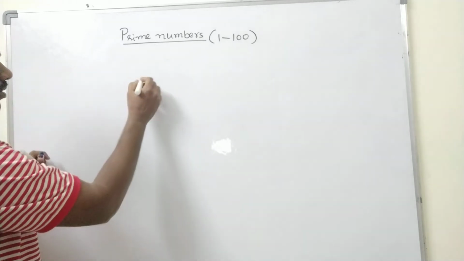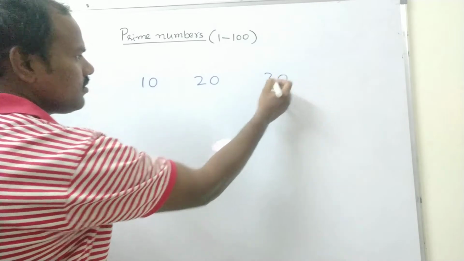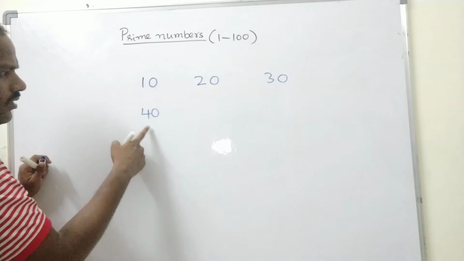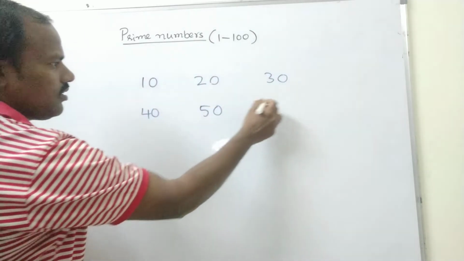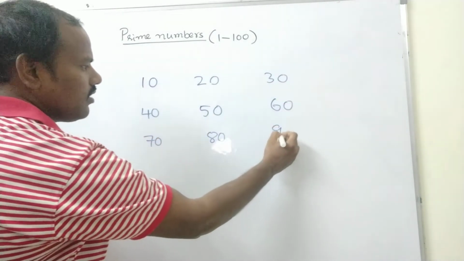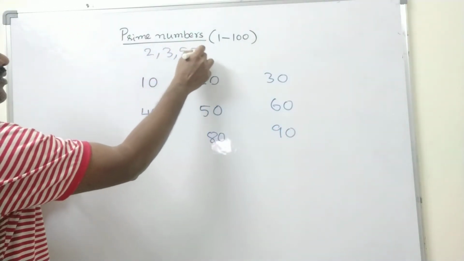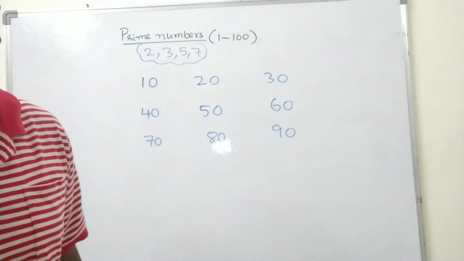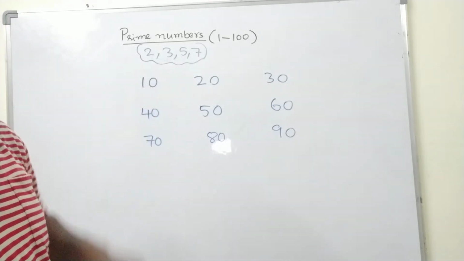First you write 10, 20 and 30. Next, 10 plus 30 is equal to 40. That way also you can remember. So 10, 20, 30, 40, 50, 60, then 70, 80, 90. The first starting numbers I am not writing: 2, 3, 5, 7 we already know. These 4 numbers I am not writing, because you know very well 2, 3, 5, 7 are prime numbers. The problem only begins while you are learning 2-digit prime numbers.